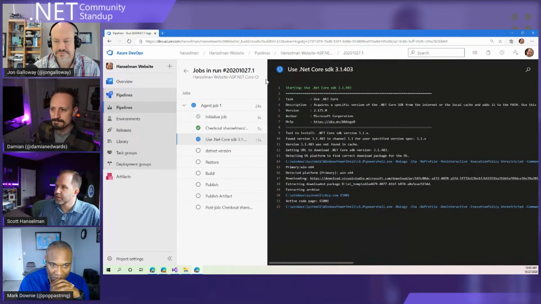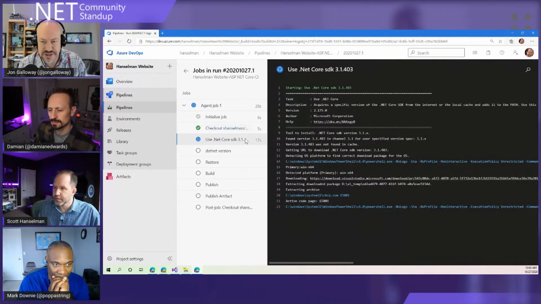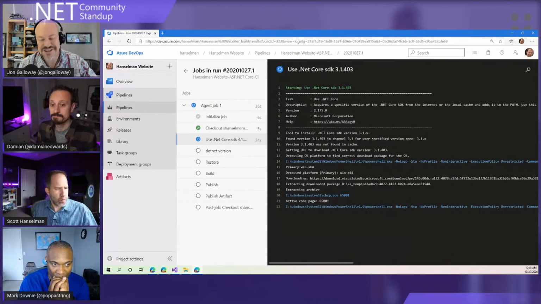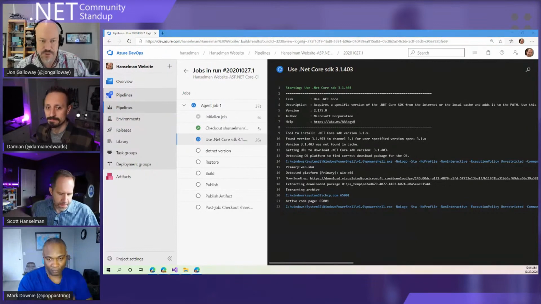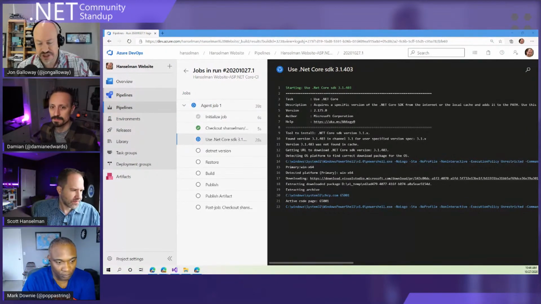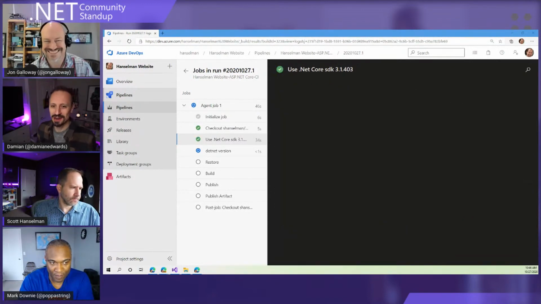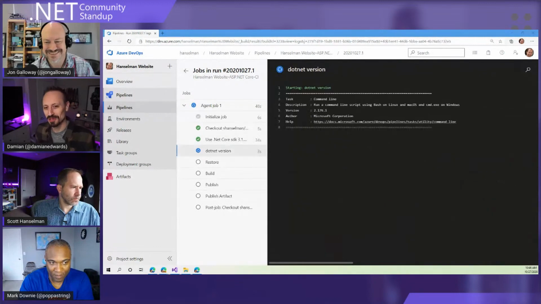Mm-hmm. Okay. So while it's doing this, and to explain, there's different deployment models. You can do a self-contained, which brings its own .NET framework or .NET Core with it, and then there's the framework dependent, which is what's the latest on the machine, where you depend on machine patching and all that. That's right. And in this case, when we say framework, obviously, unfortunately, in our ecosystem, we have a bunch of words that are incredibly overloaded.